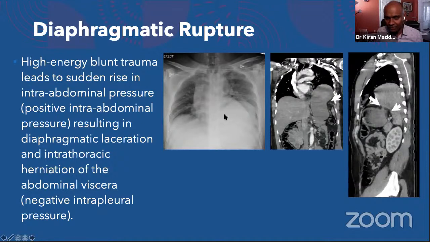You compare the diaphragms. The left hemidiaphragm is ill-defined, and you can also see a contour bulge. You also have to notice some amount of atelectasis or pressure on the lung parenchyma. This is a classic case of a diaphragmatic rupture. On the CT, you can see discontinuity of the diaphragm, both on,